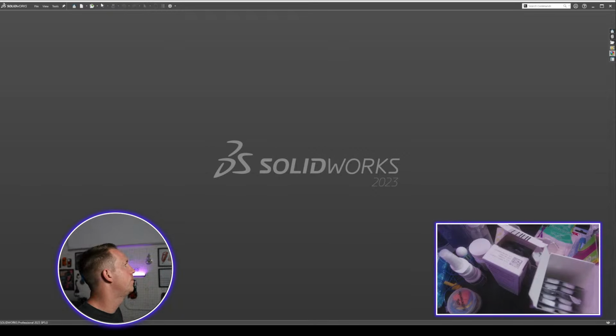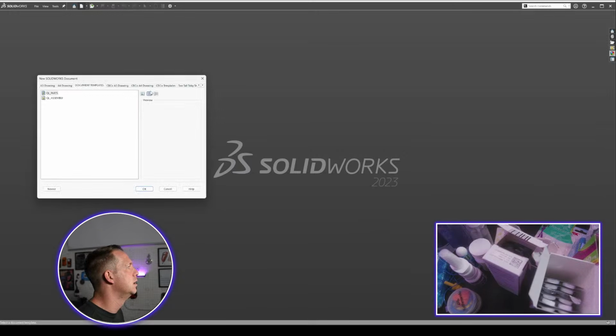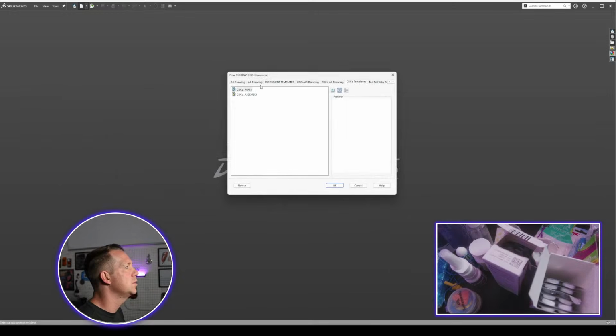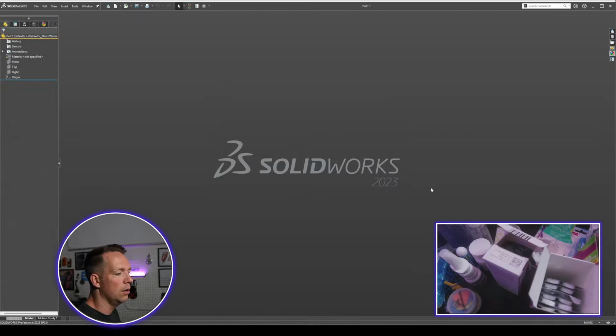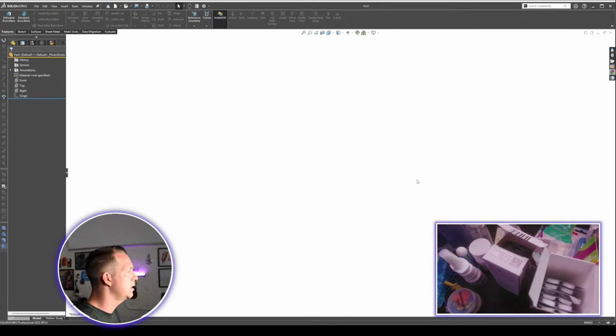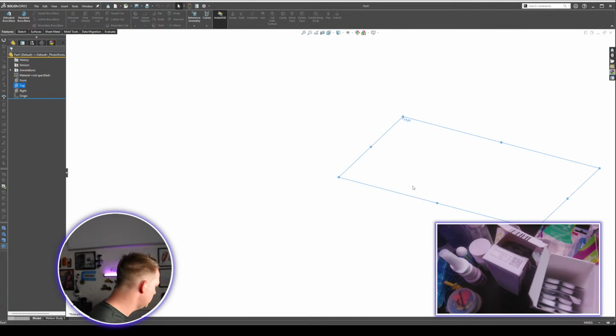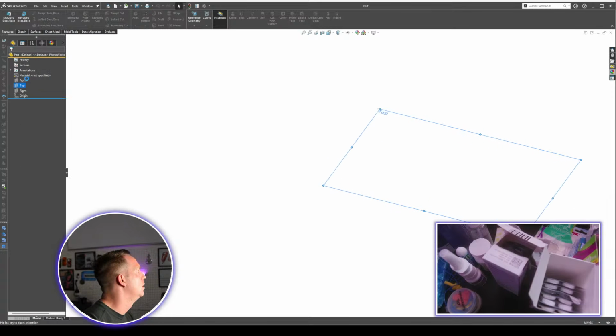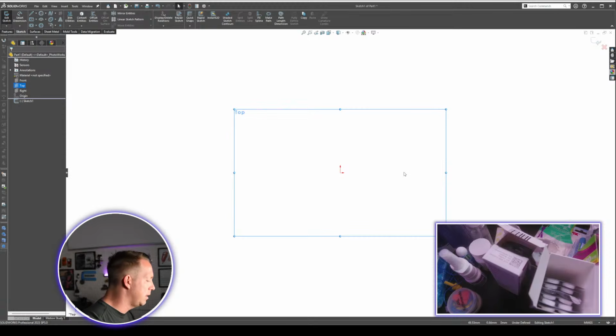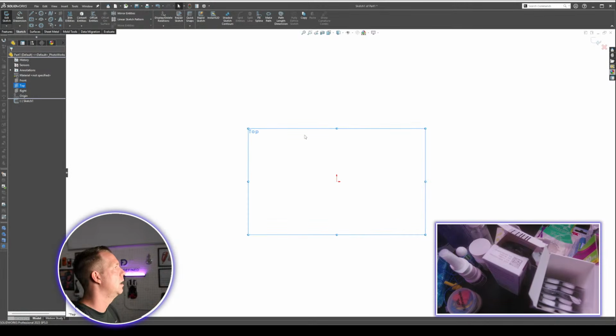Because I like working in multi-body. I don't need to edit and swap between different files. So although it can be limiting in some cases with how you control the sketches, the benefits are it's all just in one file. I think this is a good way to do it. We'll see. All right, so what I'm going to do here, I'm on my top plane, starting a new sketch,